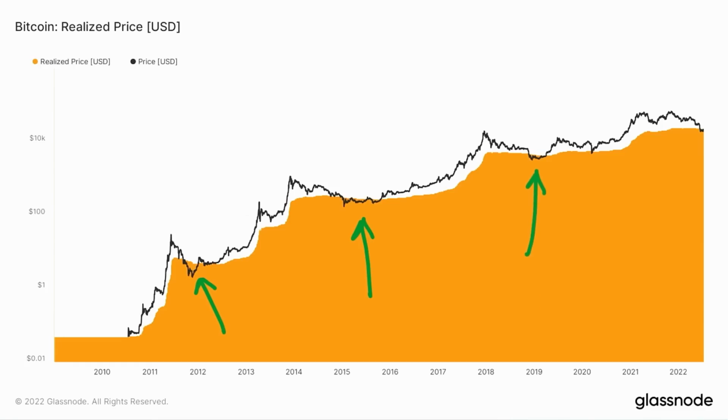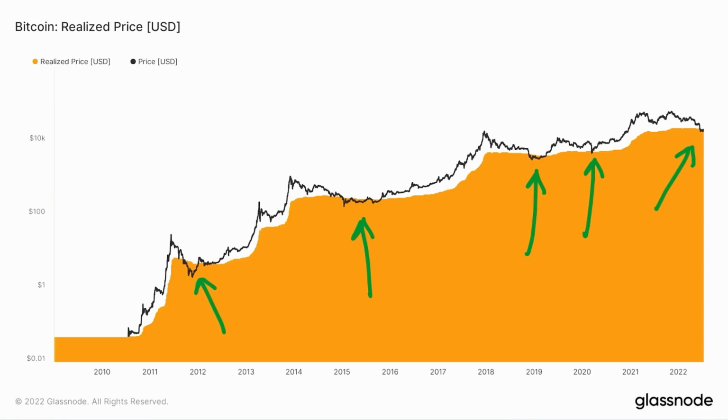So that's interesting. Realized price, I think, is the best low indicator out there. Of all the on-chain analytics, it's probably the best. So you have realized price, which is this orange band. And then this chart, I won't show you how realized price is calculated, but it's what's referred to as the proper base of Bitcoin. So it accounts for all sorts of stuff. But long story short, this black line here is the price of Bitcoin. Every single time the price of Bitcoin has dipped below the realized price of Bitcoin, that has shown mass capitulation and the best buying opportunities ever.